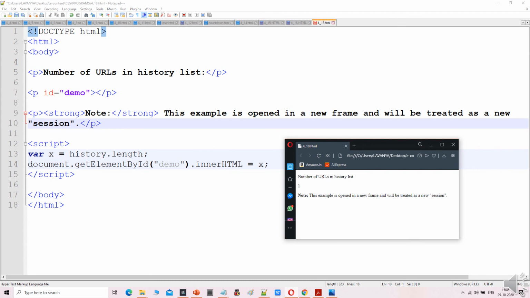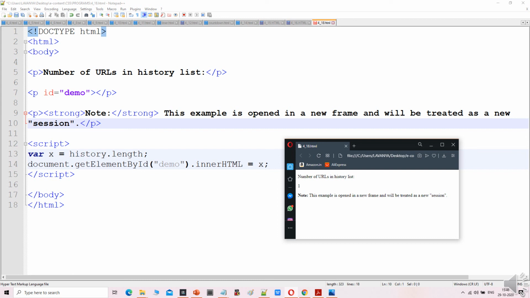This is the next program for the URL history list. DOCTYPE html, then body, number of URLs in the history list, then a note: this example opens in a new frame and will be treated as a new session.